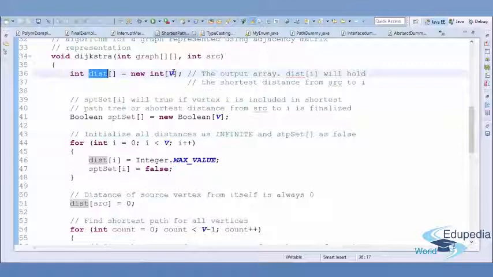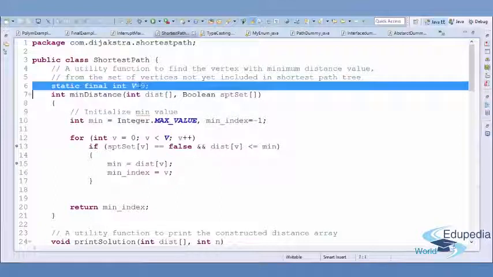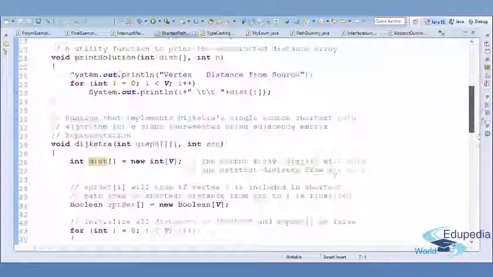And what is v over here? Well, v is a type, so it can be any type. So this is generically created. It could be a string, it could be anything. So it's actually defining the size of the array. What size that is you can get to know from your main class. If you see our main class, we have defined it as 9 because there are 9 nodes in our graph. So you can define the v over here as a static final variable,